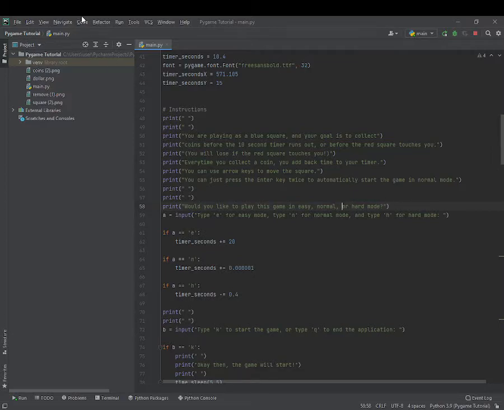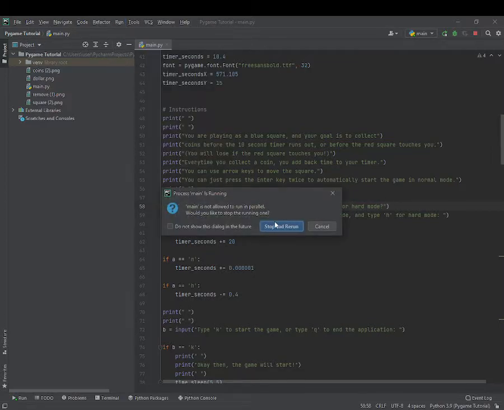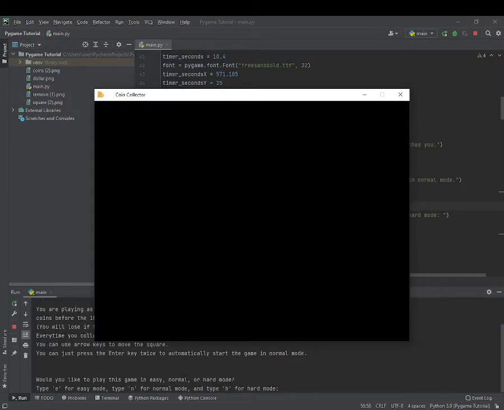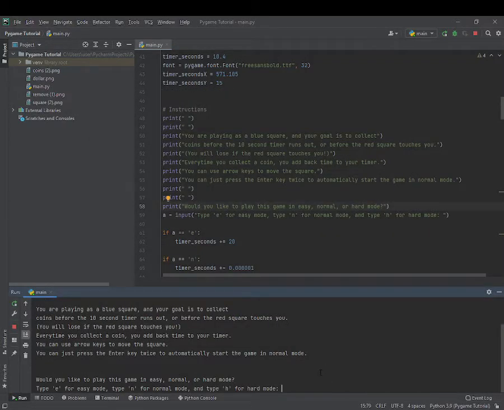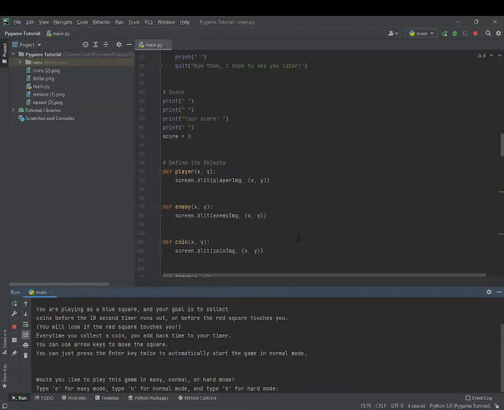So the game should be, if not pretty good. I mean, you guys might have to change the numbers for the seconds and stuff because I'm using a recording software, so it makes my computer run a lot slower. A simple way to fix it is to use clock.tick, and it's like a method of using, you can say clock equals pygame.time.Clock, or something like that, and then at the bottom, like where update is,